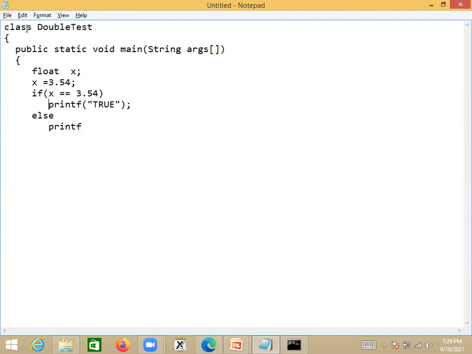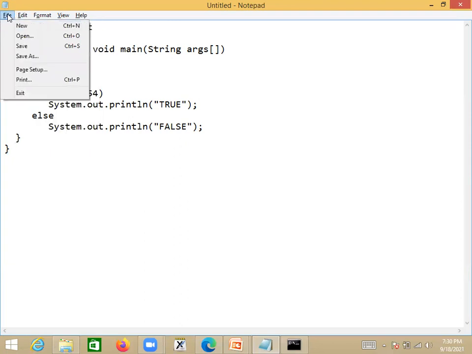Sorry, I'm very sorry, because I'm more used to the C language these days. That's why I used printf. Here it is System.out.println true, and similarly System.out.println false. What output are you expecting from this?